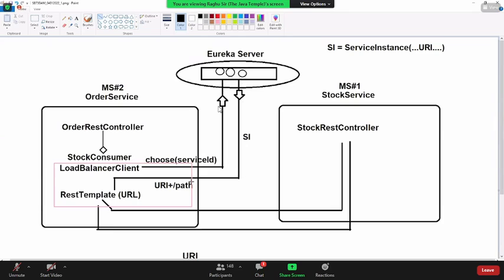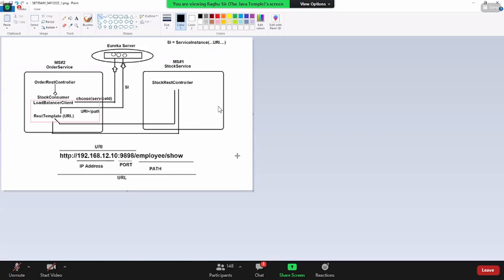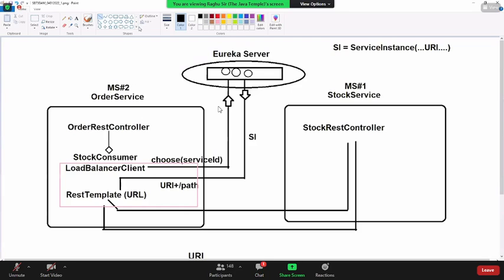Remember, if you went to a movie theater, there are 3 counters. The first person is sent to the first counter, the second person to the second counter, and the third person to the third counter, like that. Movie theater concept. Here also it is the same, and finally you get the same ticket. Here also finally you'll get the same response. So that is actually making the request and getting the response.